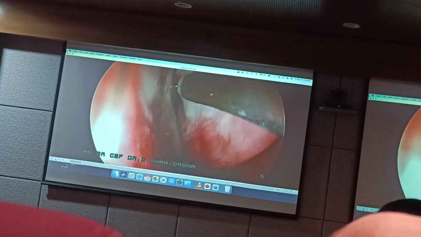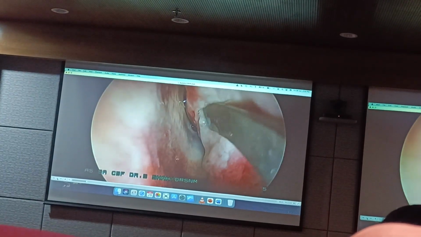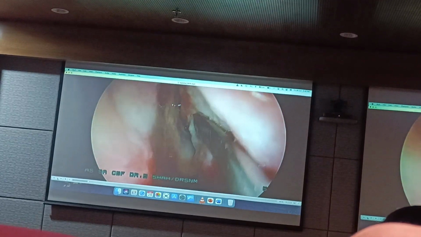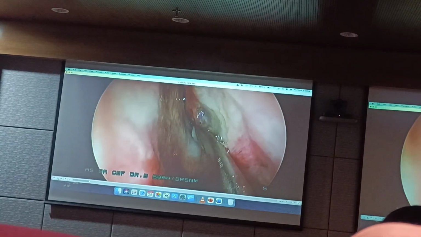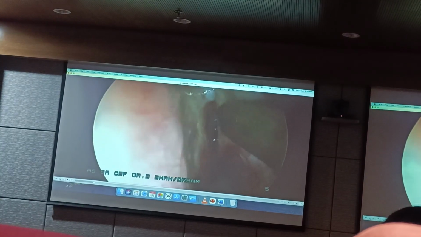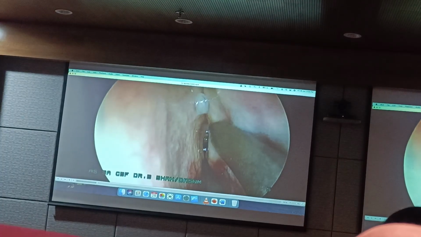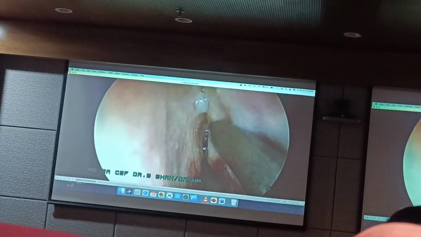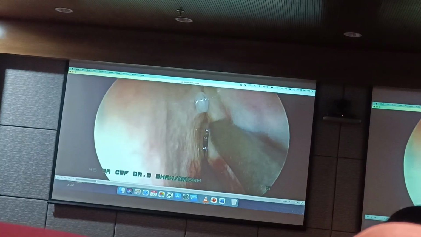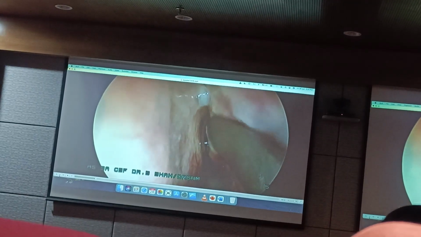So left nasal cavity, I am lateralizing the middle turbinate after decongestion, pressing it laterally. That's the middle turbinate. That's the superior turbinate. Then you put your small cottonoids and you decongest, and you see this little bleb which looks like a tear. This is a meningocele. Okay, this is classically what a medial lamella meningocele looks like.